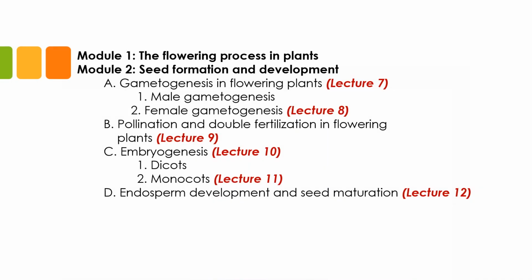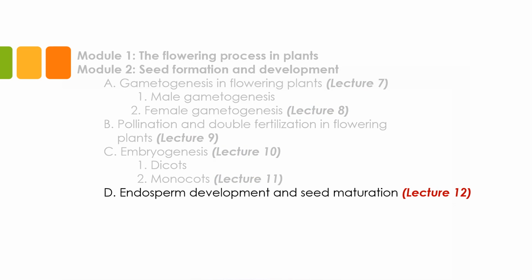We have just looked at the details of embryo development or embryogenesis in both dicots and monocots. But remember that the zygote is not the only product of double fertilization. We also have the primary endosperm resulting from the fusion of the sperm with the central cell. In this lecture, we will look at the process of endosperm development, which, together with embryo development, leads to seed